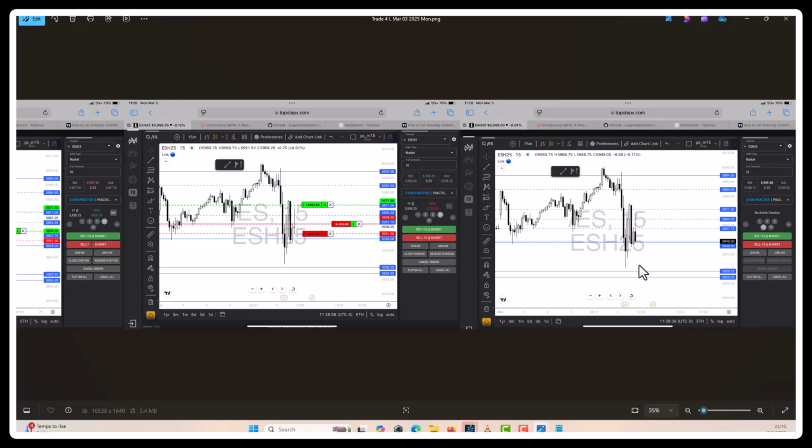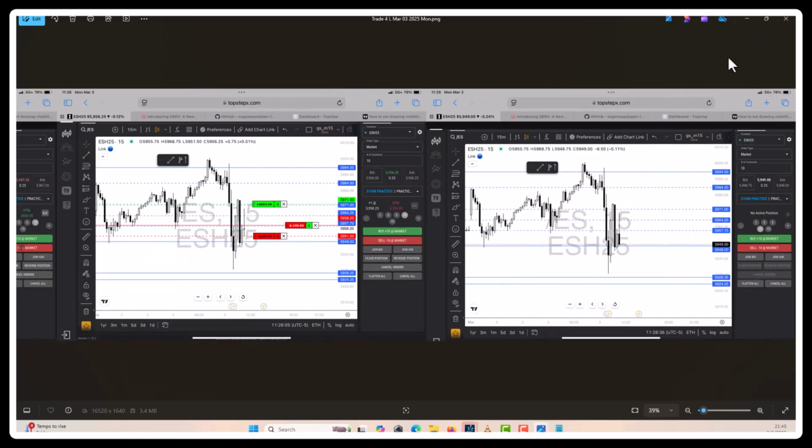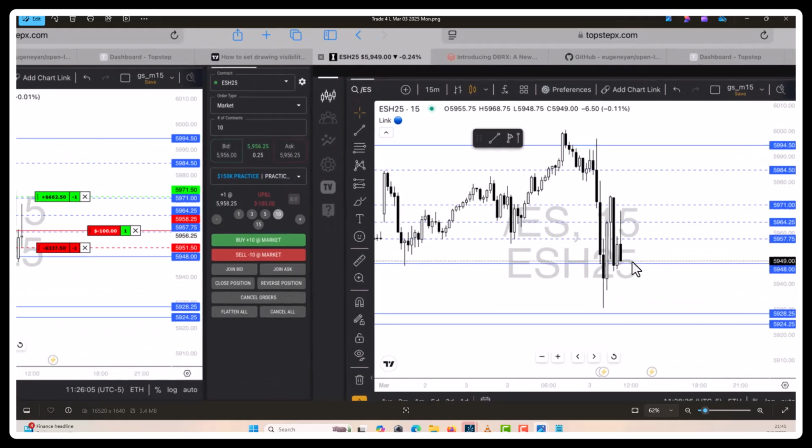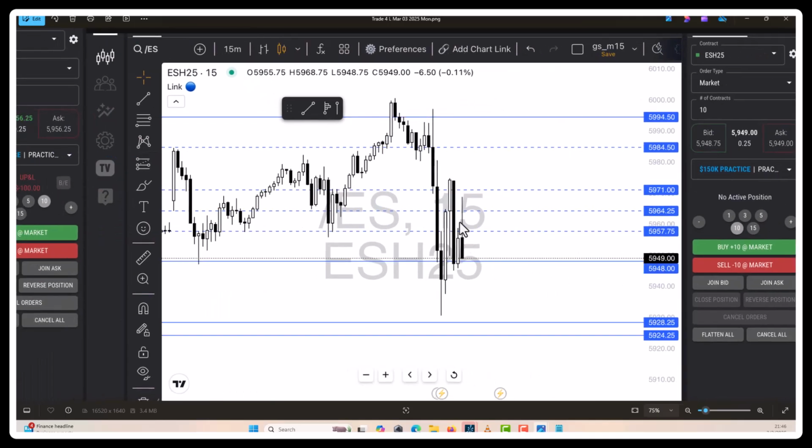Later in the afternoon we'll also see a short setup, but we refused to engage because we don't want to give back gains. But that's one of the exercises that we need to take. Regardless of how we feel or how much we've won, when a setup shows up, we have to take it, because you see that level right here, it becomes a breakout. If you break out right there at 59.48 or 49 right there,